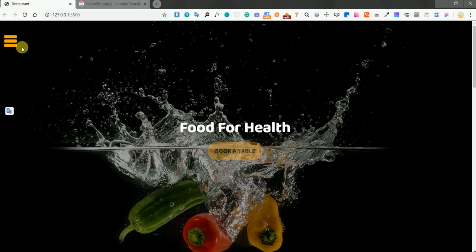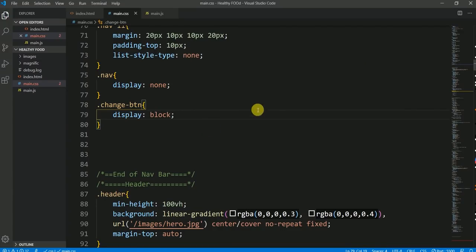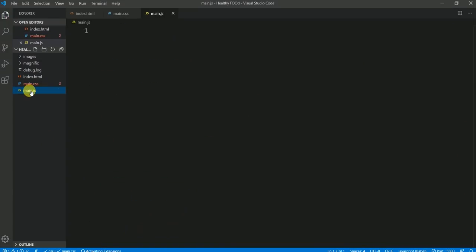To make it functioning, to have some function with our button, let's start working with some of the JavaScript, or very little code, then it will work and you guys will understand. So move on to the editor. I have a main.js file, but I'm not going to use this main.js here. I am going to rename it, because I'm going to use a function here, so I'm going to call it onClick